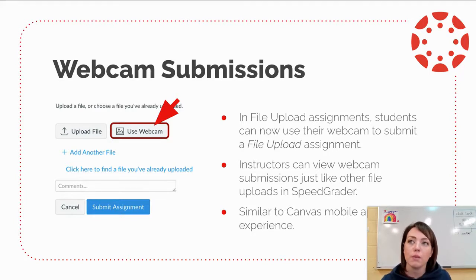This is really making using Canvas on a device like a Chromebook or a PC or MacBook much more similar to using the Canvas mobile app, because on a phone, if students have the app, they can snap a picture with their phone and upload it, but now they can do that with their devices too. So it's a nice user-friendly addition, especially for students, to make it easier for them to